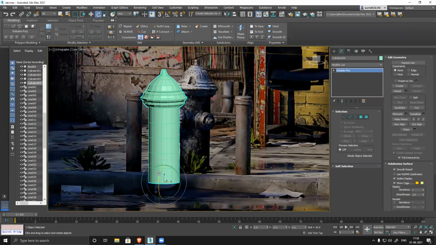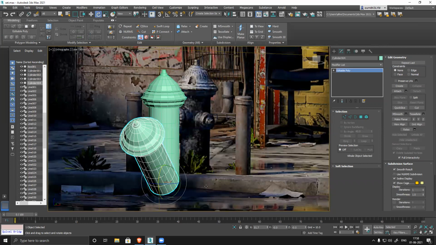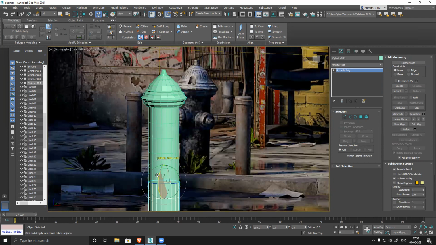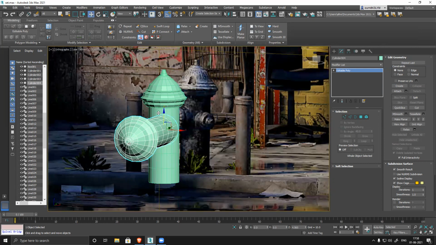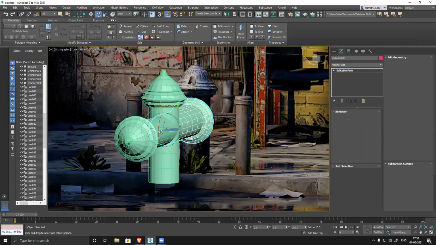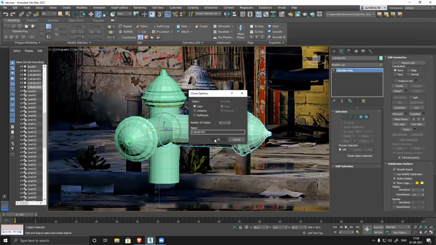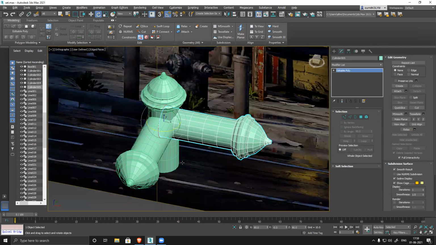One is the side. Angle. Yeah, angle. And shift angle. The two models I have created.